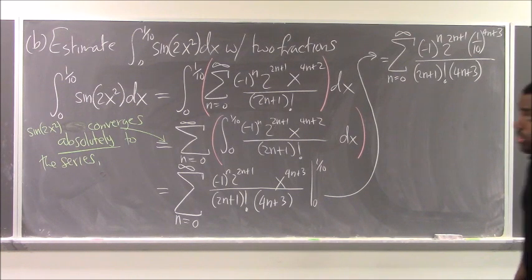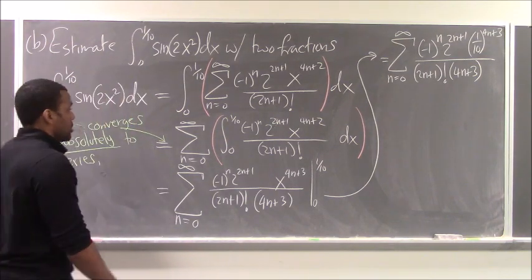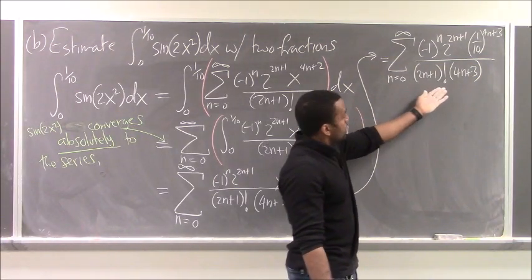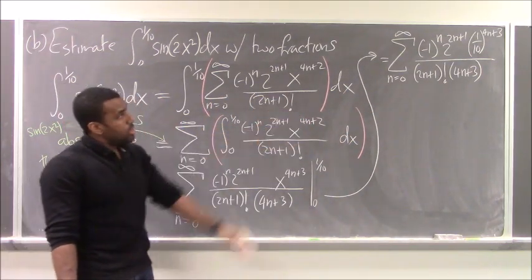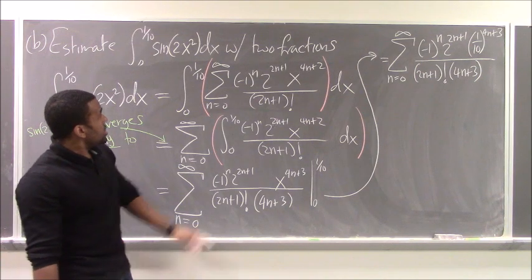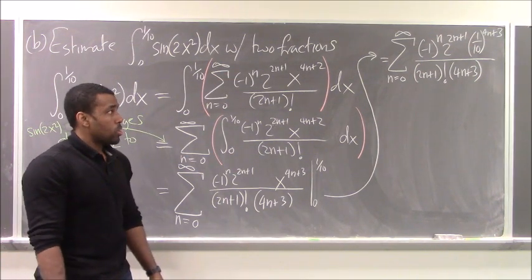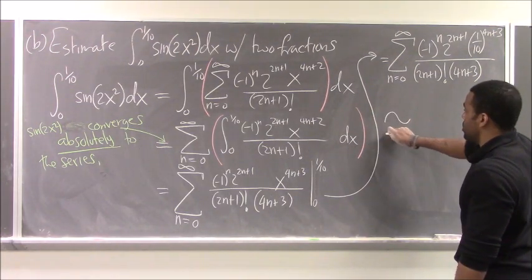So it turns out that that is actually the definite integral. This is actually the answer. Now, you might not be able to express that in a nice way, but the question was to actually estimate it with a sum of two fractions. So what we're going to do is say this is approximately equal to